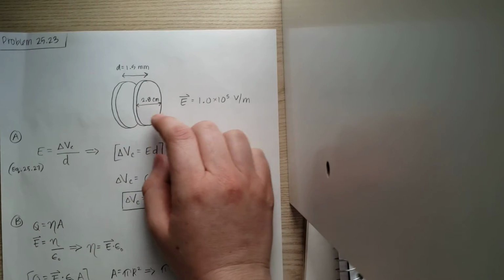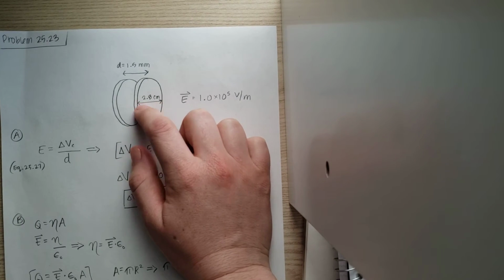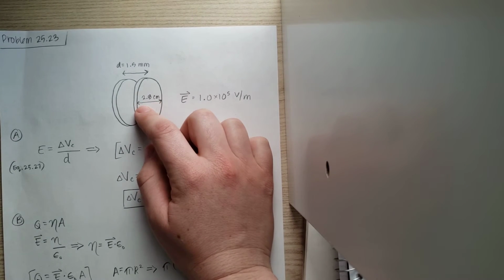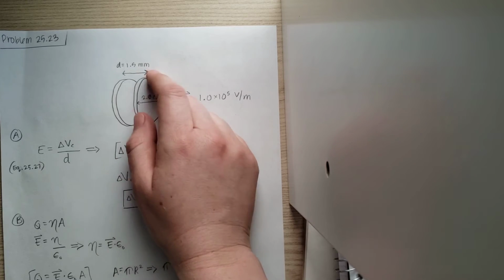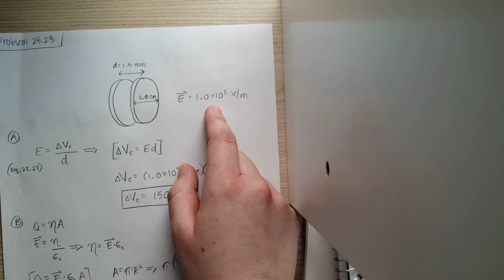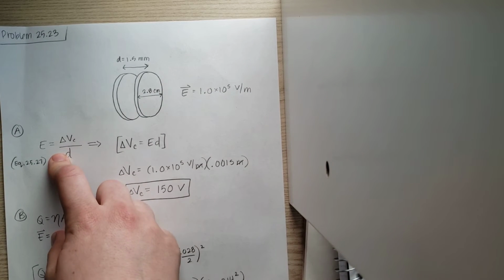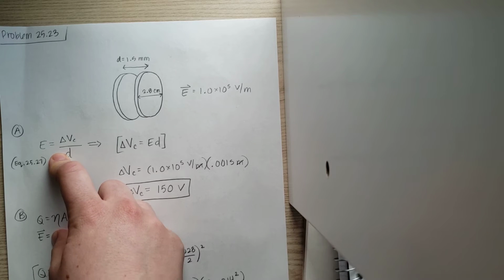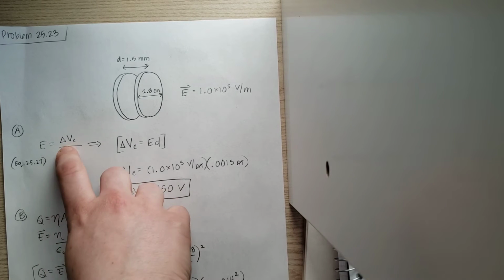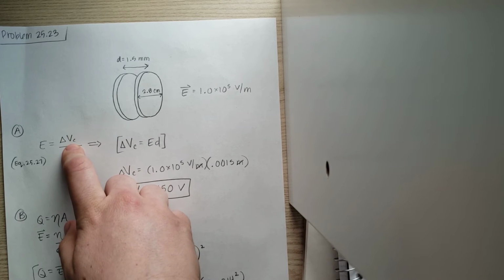So I've drawn out our parallel plate capacitor here. We have our diameter at 2.8 centimeters, and then we have our distance between them at 1.5 millimeters, and our electric field strength. And for part A, to calculate the potential difference, otherwise known as the voltage or capacitor voltage,